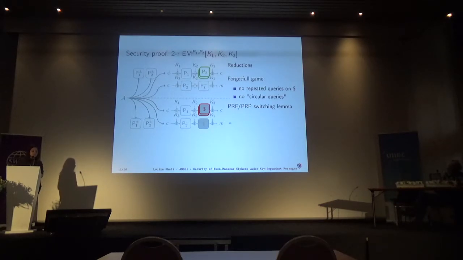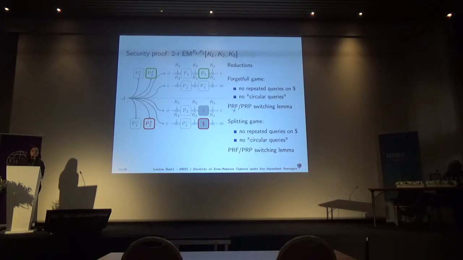And what we can see is that as long as the adversary is not allowed to do repeated queries, and as long as the adversary cannot ask the oracle a value in the forward direction, receive the result, and ask it in the backward direction, the adversary cannot easily distinguish the permutation from the forgetful random oracle, and it is reduced to an adversary that is trying to distinguish between a PRP and a PRF.